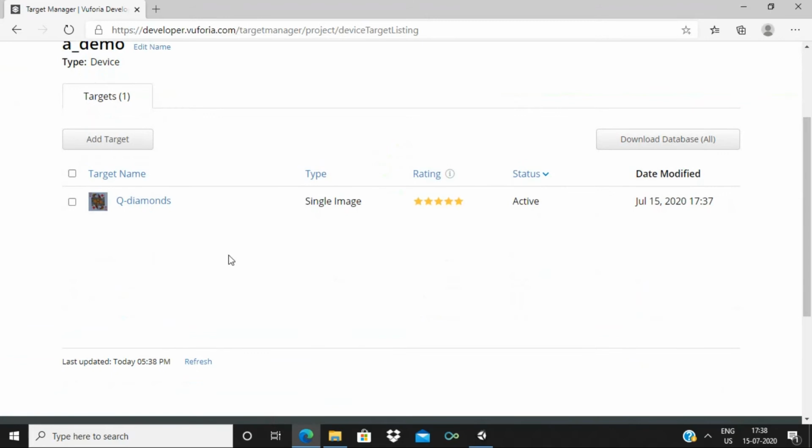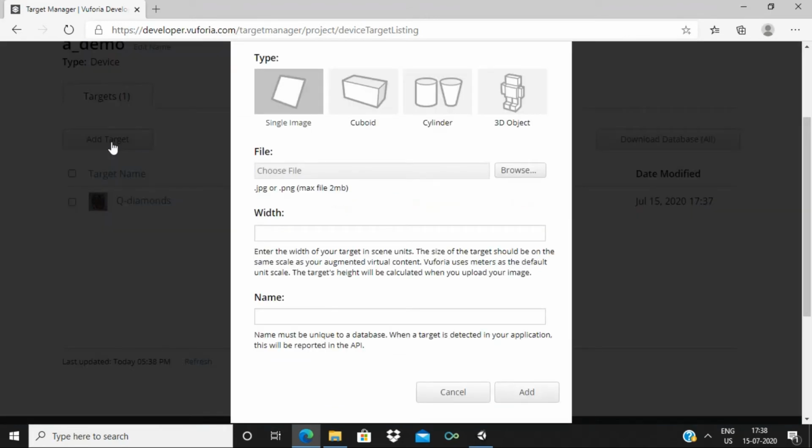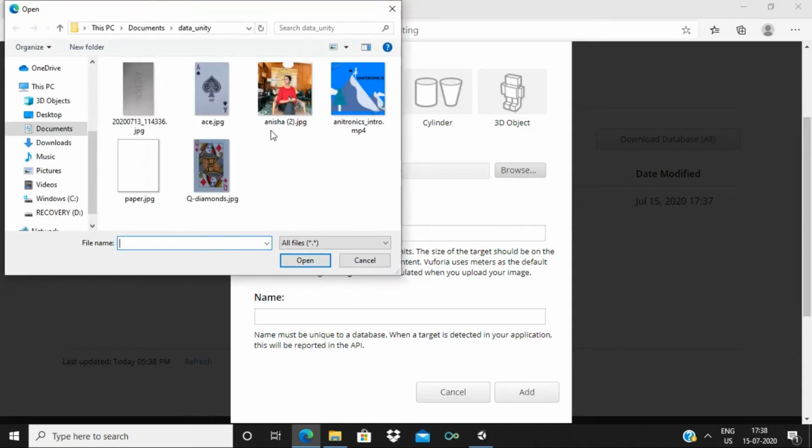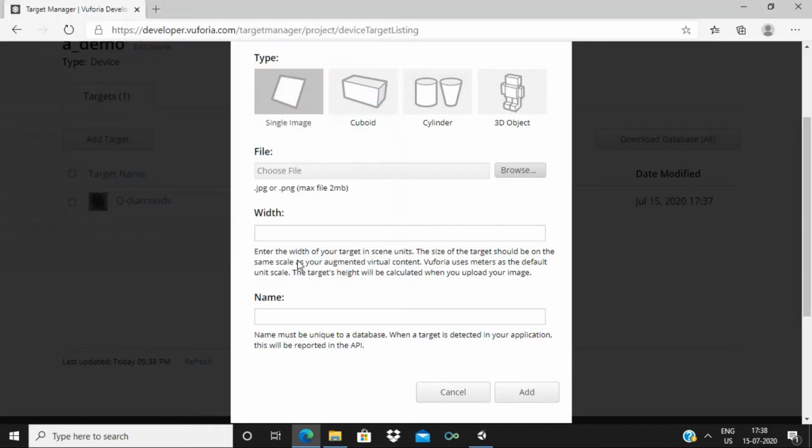and I want to add another target to this at the same time. Browse it. So yeah, on this I'm going to superimpose a video, so it is also the same width, and add.